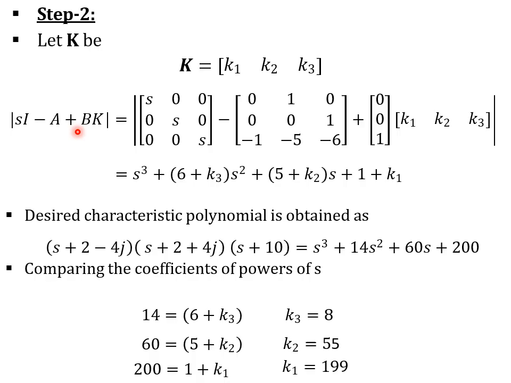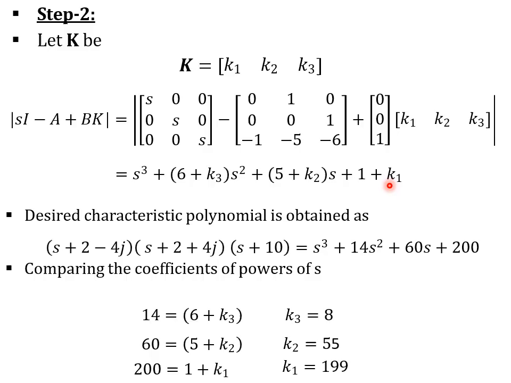Then we obtain sI minus A plus BK. The identity matrix I is 3 by 3. So sI minus A is the matrix with s on the diagonal minus the A matrix 0, 1, 0, 0, 0, 1, negative 1, negative 5, negative 6, plus B, which is 0, 0, 1, times K equals K1, K2, K3. We obtain the determinant of these matrices. First we subtract A from sI and then add B times K. We obtain s cubed plus (6 plus K3) s squared plus (5 plus K2) times s plus